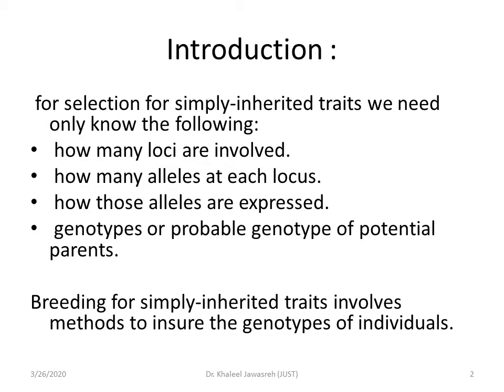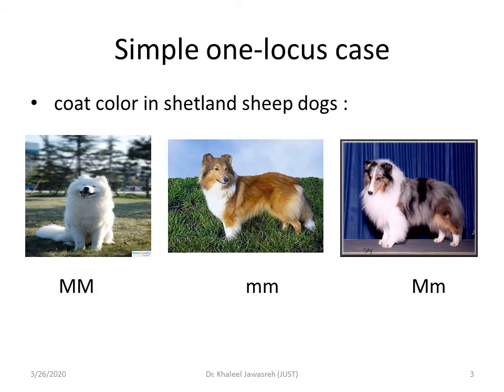So breeding for a simply inherited trait involves methods to ensure the genotypes of the individual. So we do need to know the four points mentioned here: how many loci, how many alleles, how those alleles are expressed, and the probable genotypes of the potential parents. Now, if you are dealing with a certain mutation that causes a certain obvious change in the phenotype, you can simply